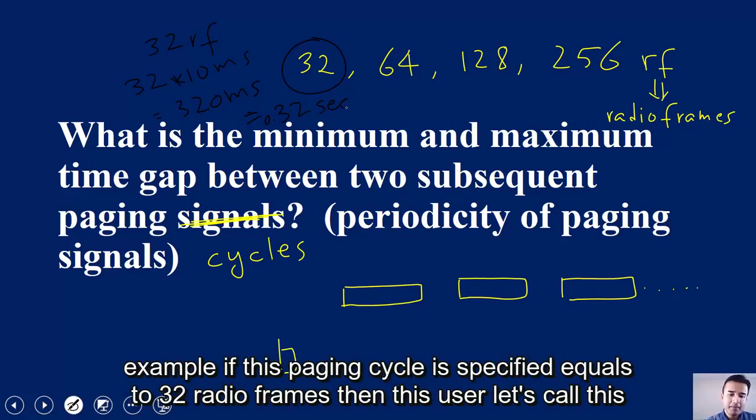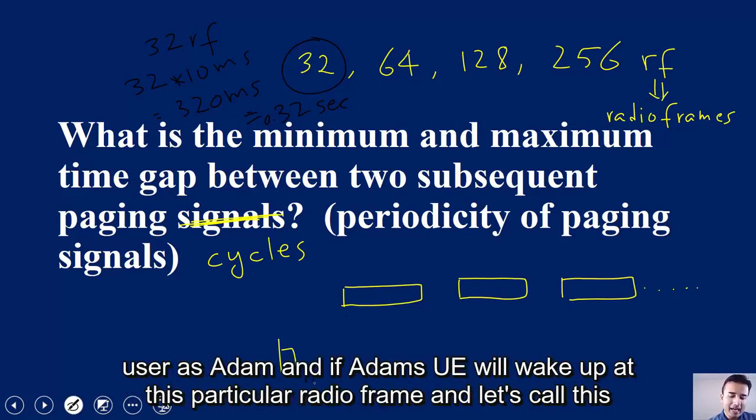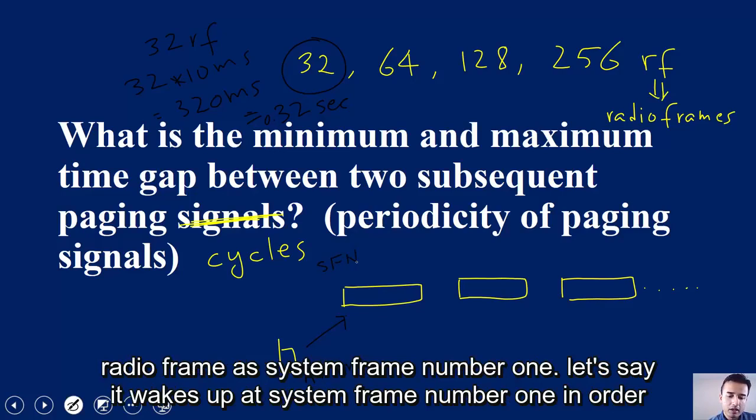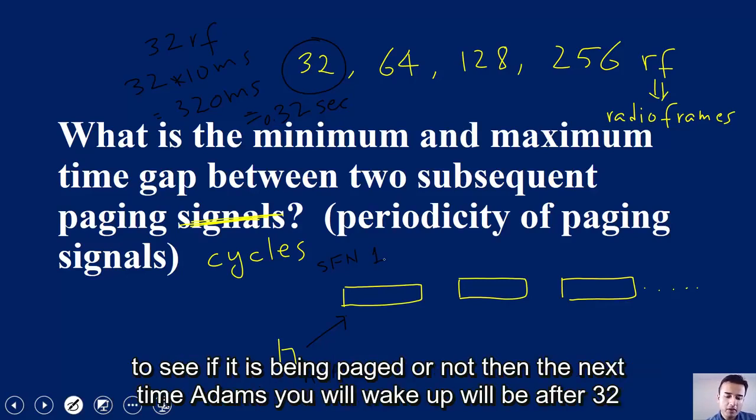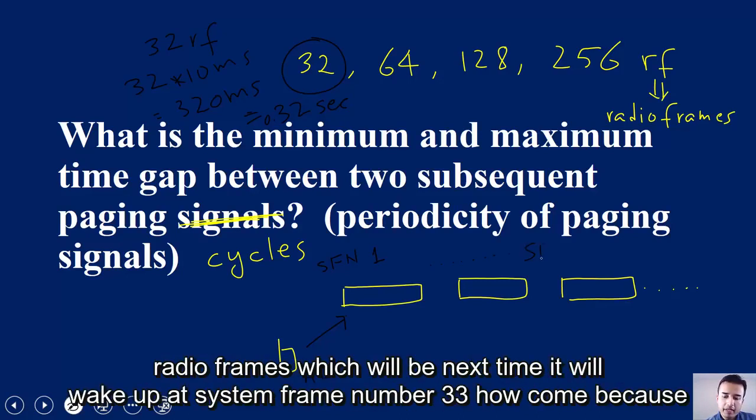So for example, if this paging cycle is specified equals to 32 radio frames, then this user, let's call this user Adam, and if Adam's UE will wake up at this particular radio frame, and let's call this radio frame system frame number 1, let's say it wakes up at system frame number 1 in order to see if it is being paged or not. Then the next time Adam's UE will wake up will be after 32 radio frames, which will be next time it will wake up at system frame number